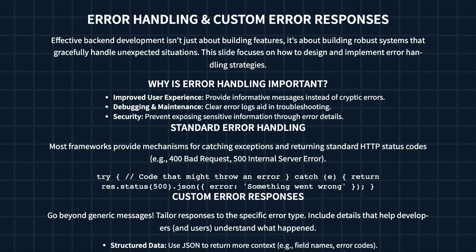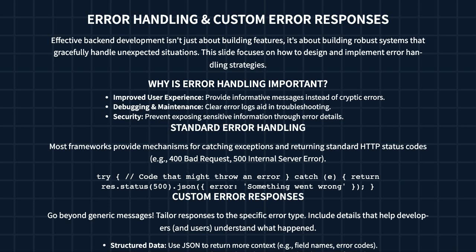Okay, let's talk about how to handle mistakes in your backend code. It's really important because it directly impacts user experience and makes debugging much easier. We're going to cover why error handling is so crucial, like giving users helpful messages instead of confusing errors, and making it simpler to fix problems later on. Most frameworks have built-in ways to catch exceptions and return standard HTTP codes like 500 for internal server errors or 400 when something isn't quite right with the